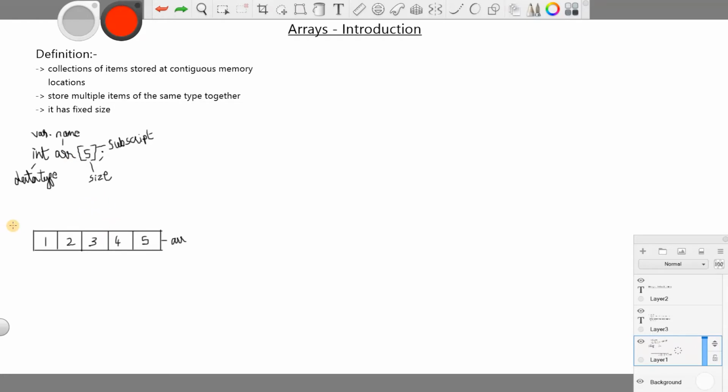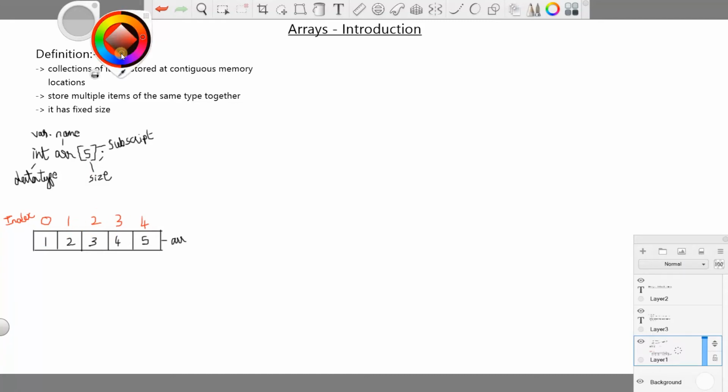To access the array elements we have to use the index. The array index will always start at 0, 1, 2, 3, 4. So if you want to access the array element 3, you have to access it using array of 2.